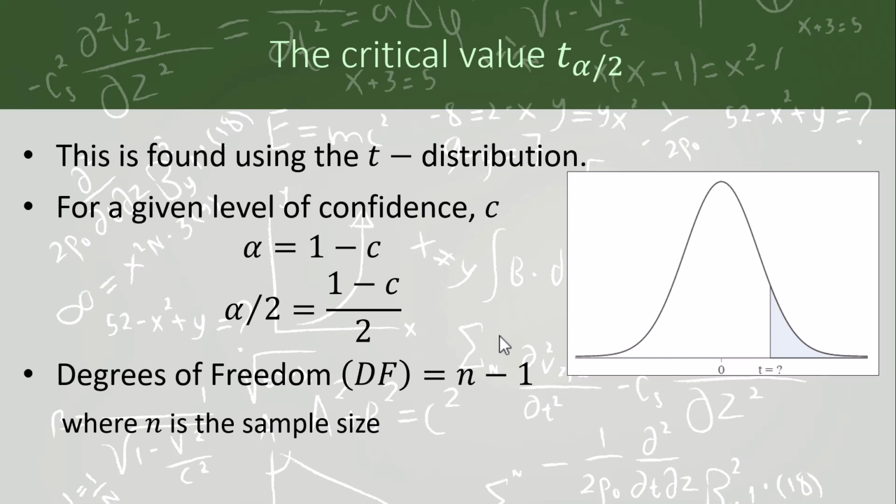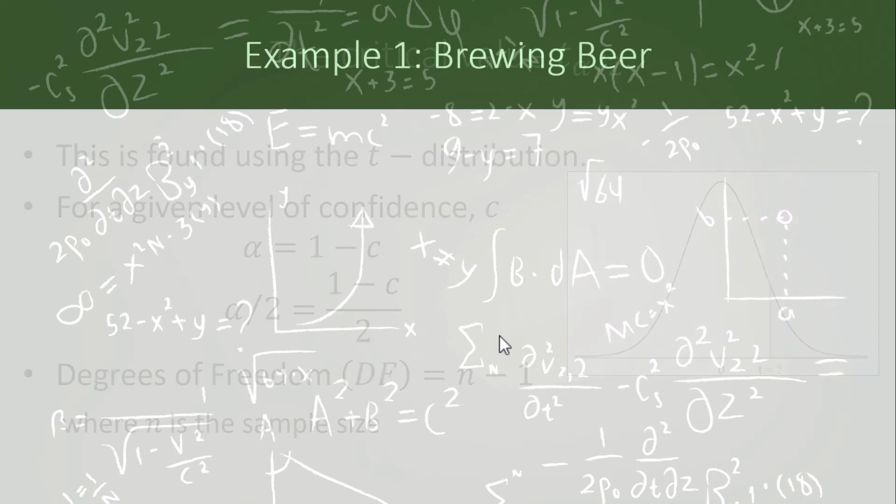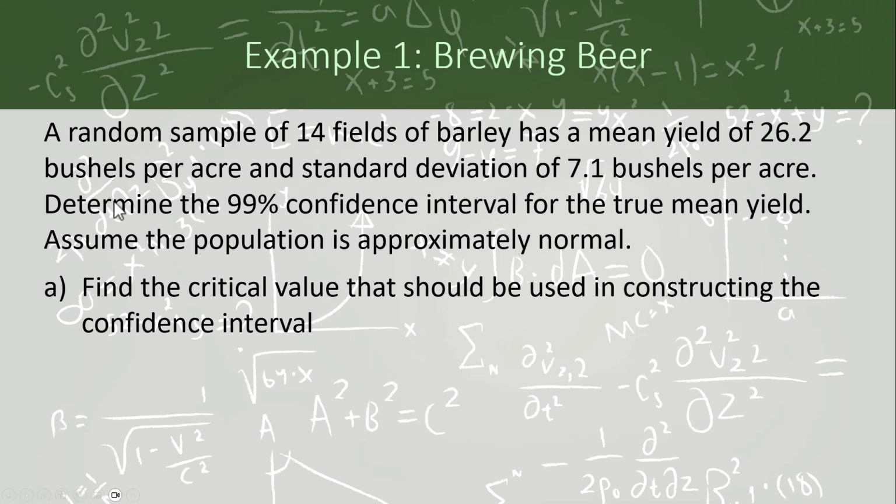And the best way to show this is, you guessed it, using an example. So here's our first one. A random sample of 14 fields of barley has a mean yield of 26.2 bushels per acre and a standard deviation of 7.1 bushels per acre. Determine the 99% confidence interval for the true mean yield. Assume the population is